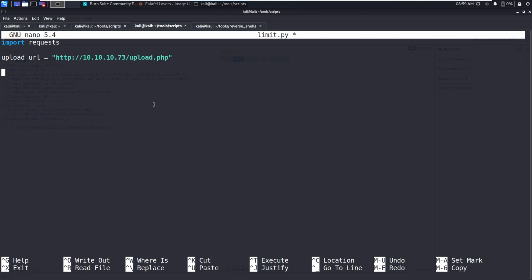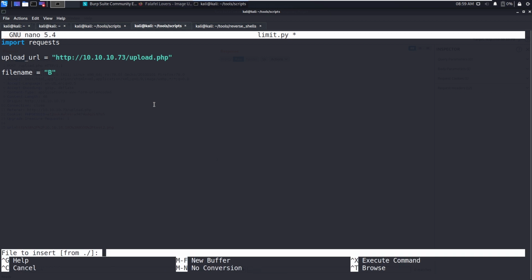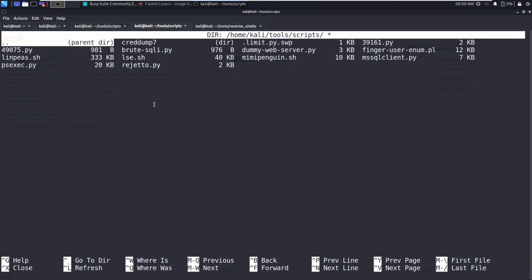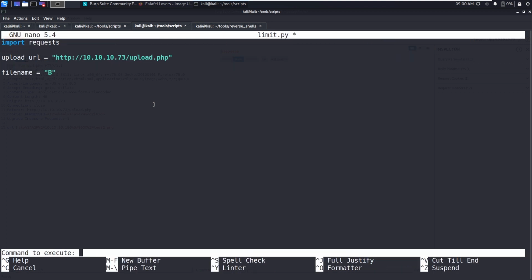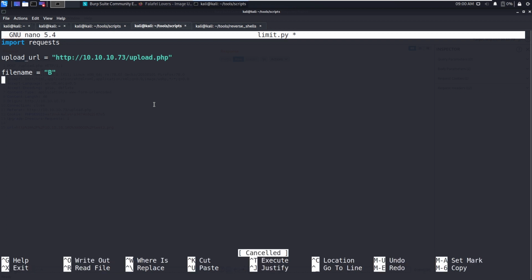So now let's generate the file name. Let's say capital B, so file name, let's say 100 Bs. So file name plus equals, let's say the extension is .png. So 100 Bs and .png.